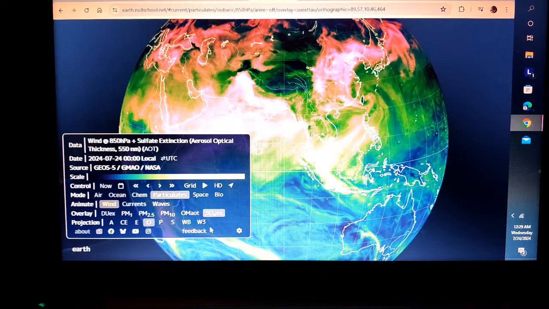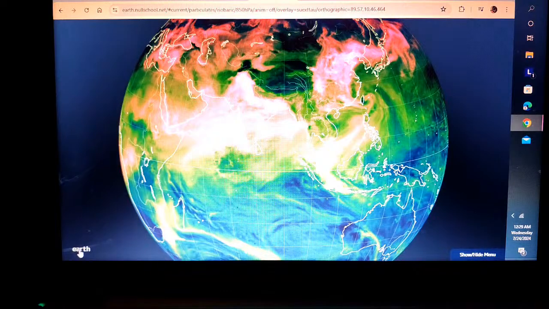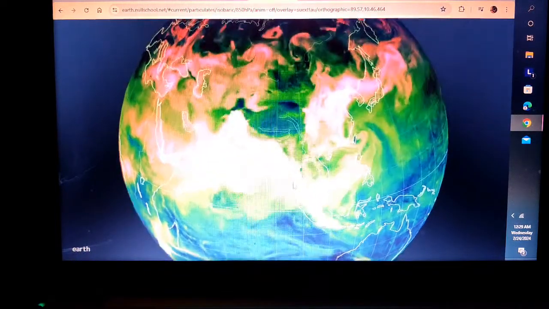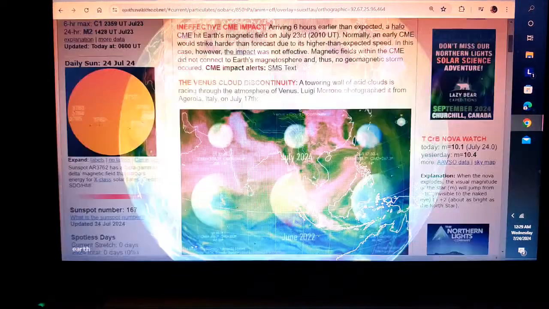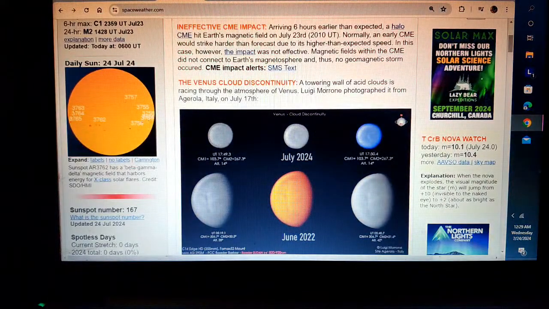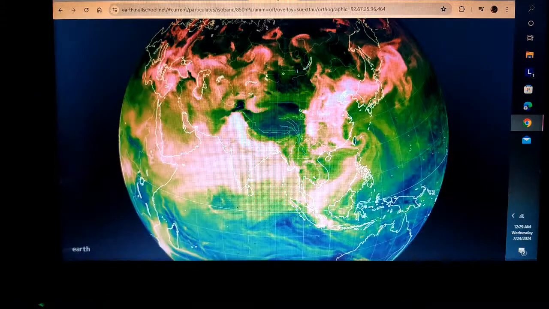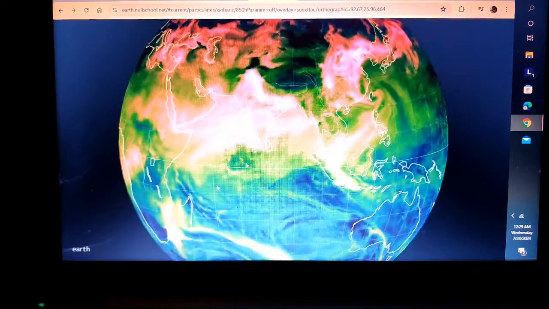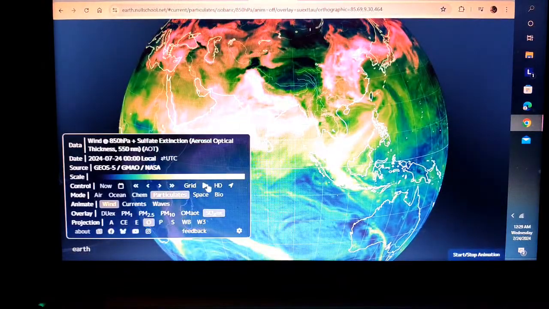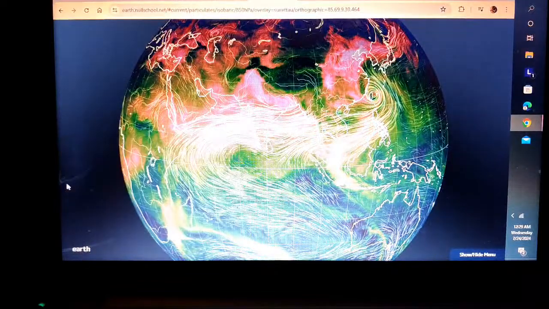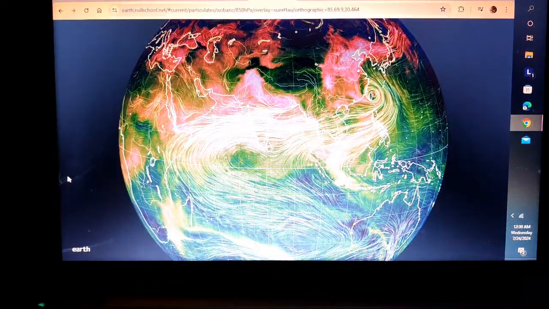And when those two chemicals combine, they create a new compound called H2SO4, which is known as sulfuric acid. Towering walls of acid clouds racing through Earth's atmosphere.